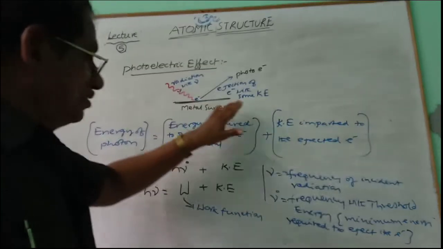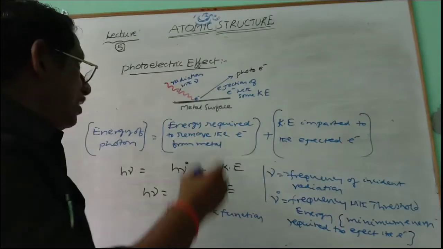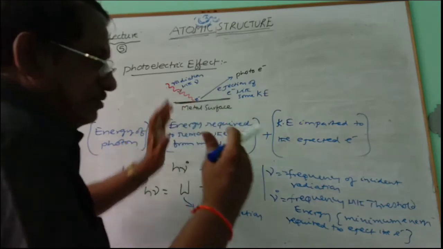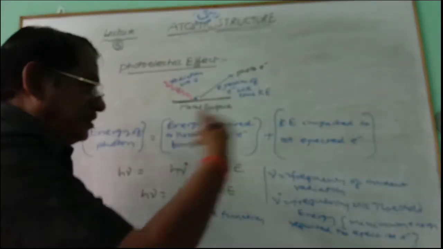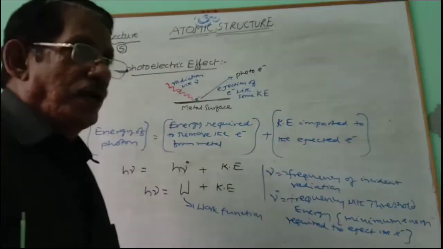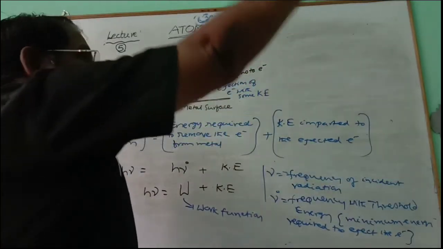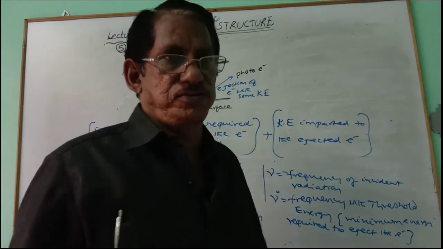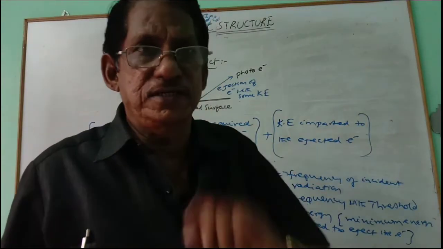The electrons present on the metal surface make certain internal bonding. The radiation also has a certain quantum of energy, and when it is made to fall on the surface, this quantum of energy is absorbed by the electron, and that is sufficient to remove the electron from the surface. Then only this effect will be caused. If the energy is less, the electron will not be ejected out. There is no photoelectric effect.